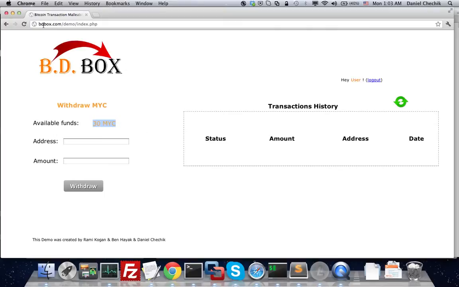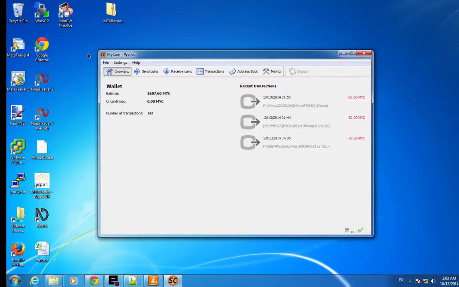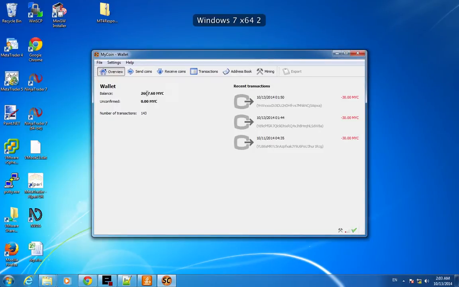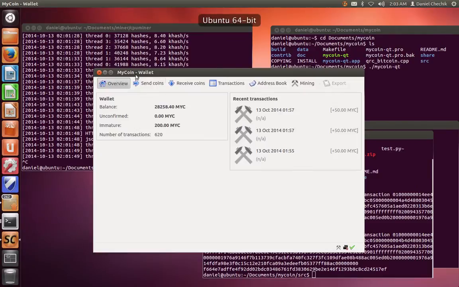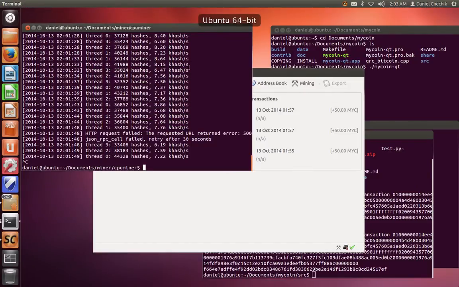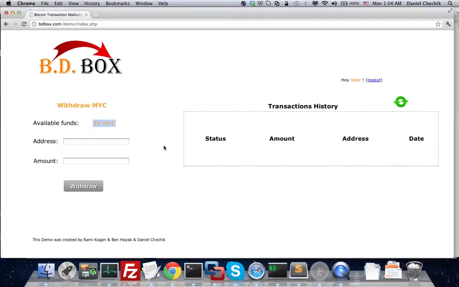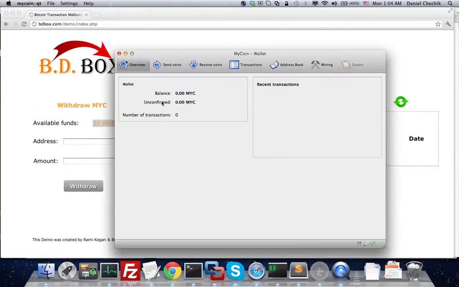And now let's take a look at the BDBox wallet address. This is the BDBox wallet address with some Bitcoins. And the third machine is basically a simple mining machine. As you can see, there are 0 MyCoins in the wallet address of the attacker, and now I'm going to